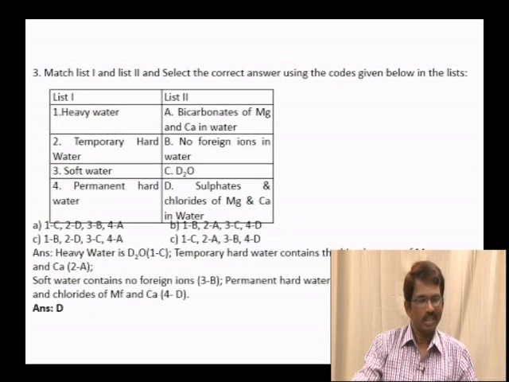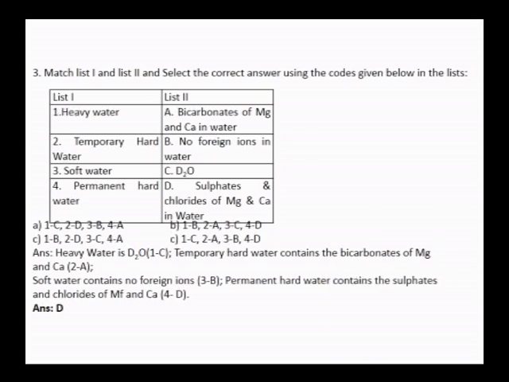And then in question number 3, you have to match list 1 with list 2. You have been given heavy water, temporary hard water, soft water, permanent hard water in list 1. Heavy water, as I said already, is due to the presence of sulfates and chlorides of magnesium and calcium in water. That means heavy water matches with D in list 2. Temporary hard water is because of